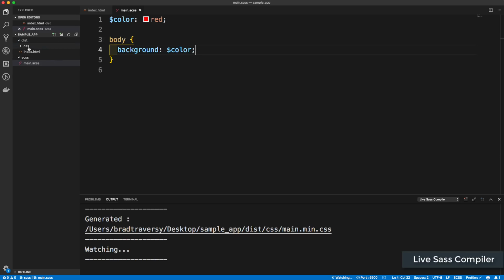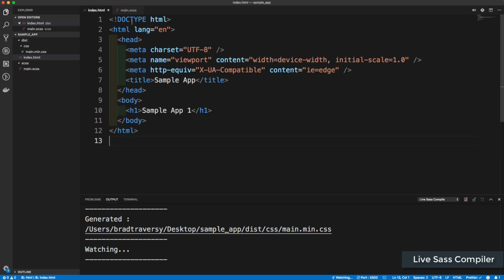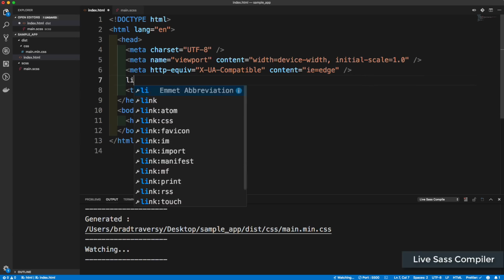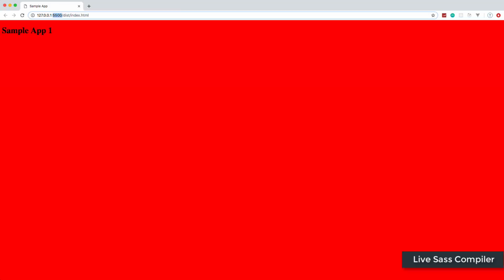And if we look in the dist folder, it now has a CSS folder with a file called main.min.css, and it has our compiled CSS. And then we could just include that right in our HTML. So we'll put a link to css/main.min. And if I save that and we go back to our browser, you can see that it's auto reloaded